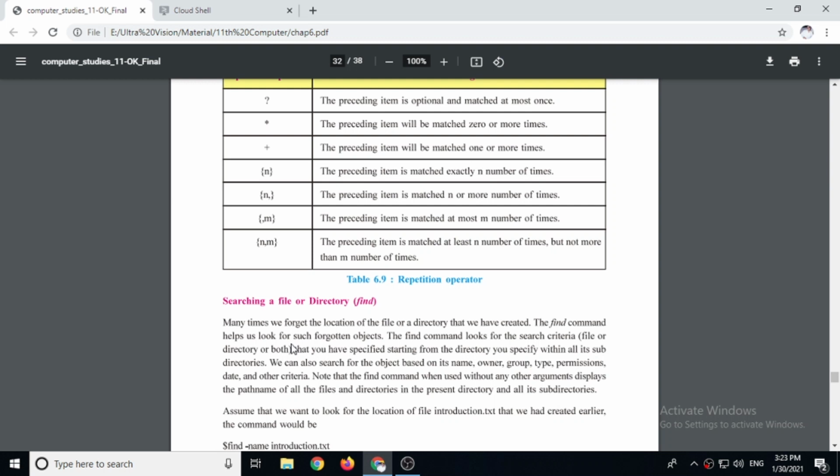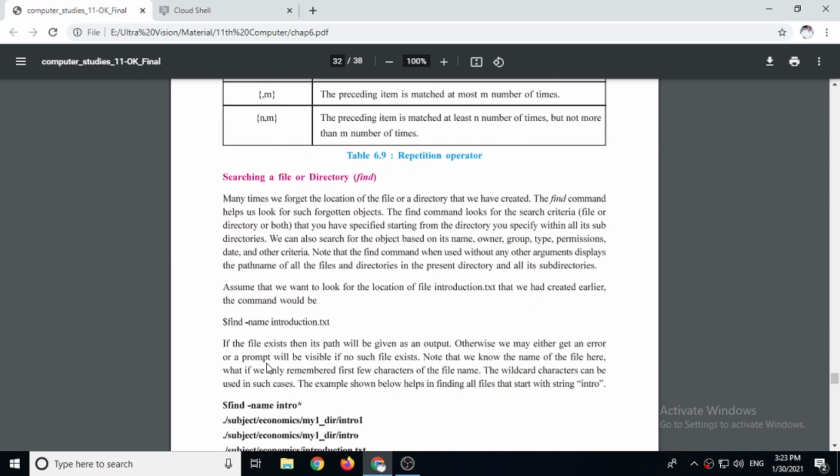Now remember, the grep command is used to find details from a file, whereas if you want to find a particular file, then you can use the find command. So let's see how the find command works. Find minus name. Now if you want to find the name of a file, then you have to use the minus name option, and then give any particular name.